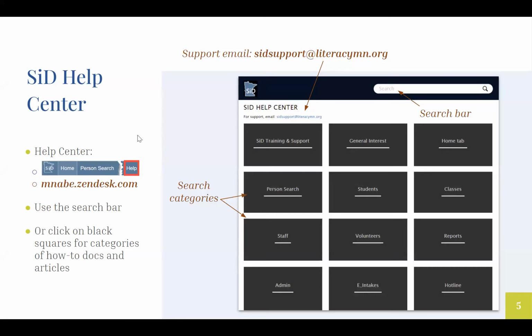When you are in SiD, on any screen in SiD, you can get to our help center, which looks like this big image over here on the right with the gray squares. To get to that, on any page in SiD, across the top you have this blue header, and on the right-hand side is a help button. If you click the help button, you'll get to our help site. You can also get there by going to this website,